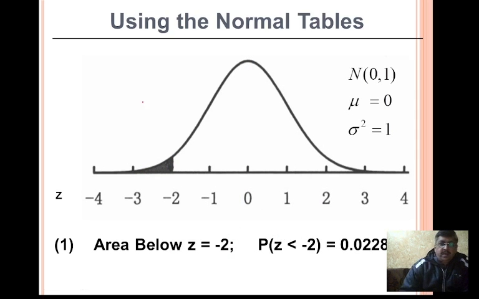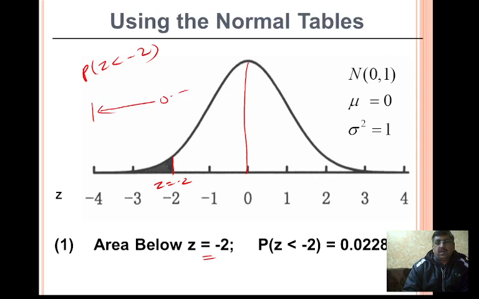So using the pen now, you can see that this is where z equals -2, and as we all understand, the area to the left of z = -2 is the probability of z less than -2. How do we do it? You can understand one thing, my dear student: this entire part is nothing but 0.5, and similarly this part is also 0.5, so that the entire sum equals 1, right?